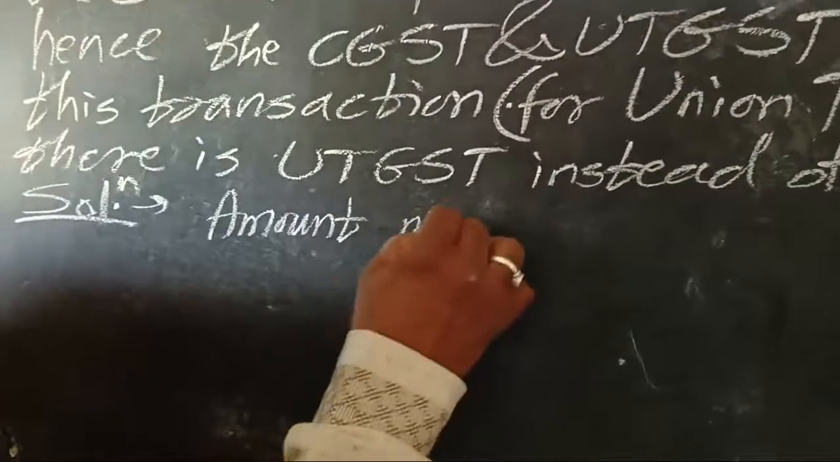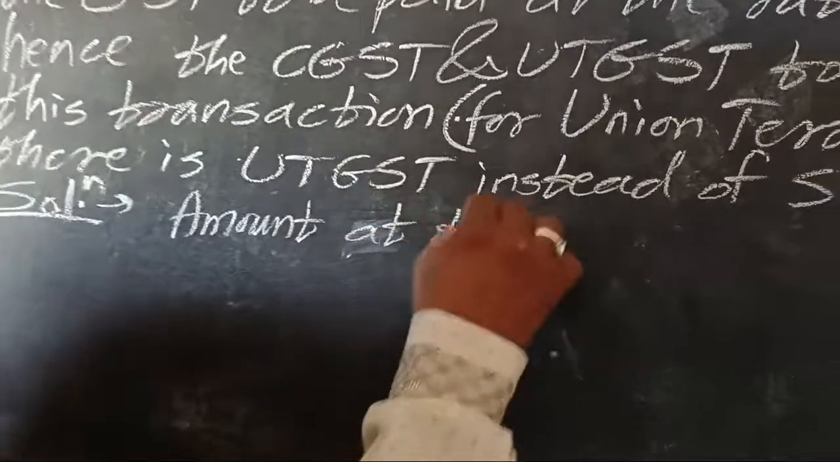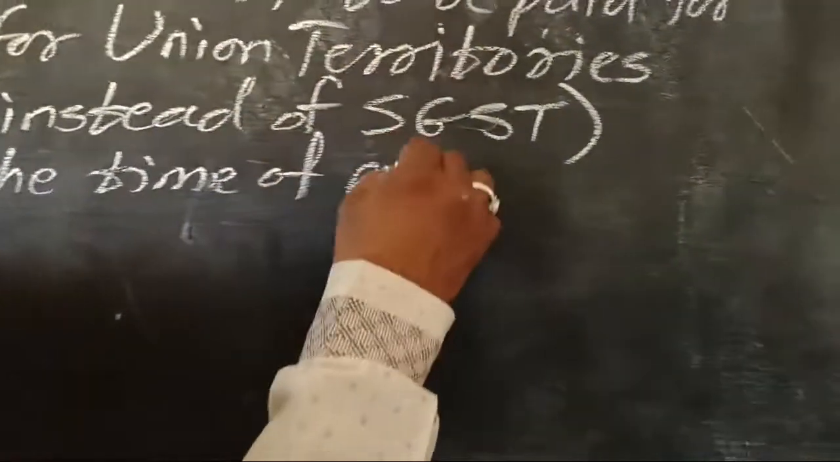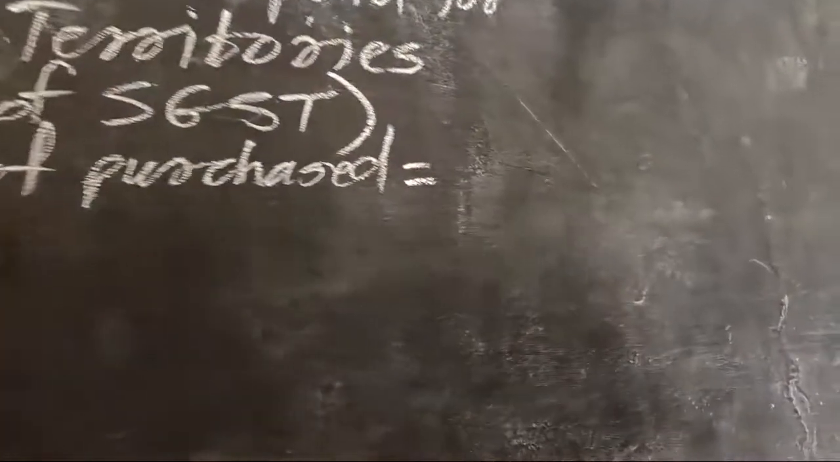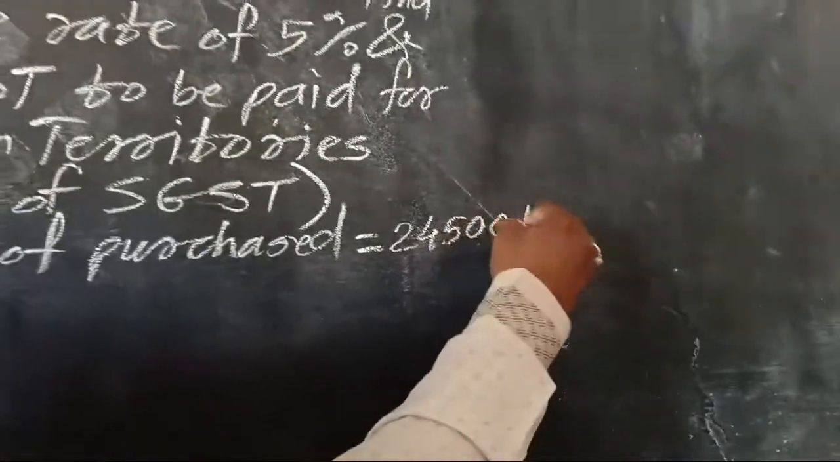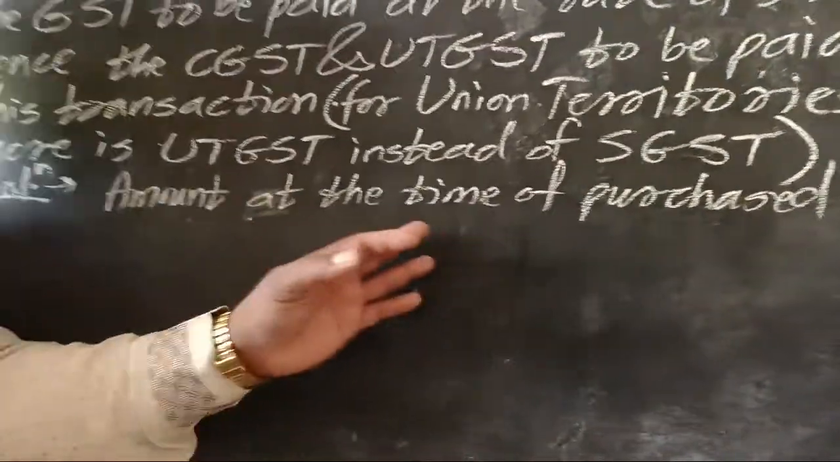Amount at the time of purchase, and the purchase amount is 24,500 rupees. That is the purchased amount,